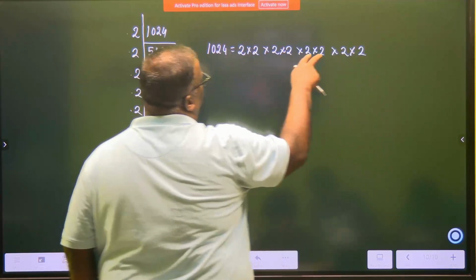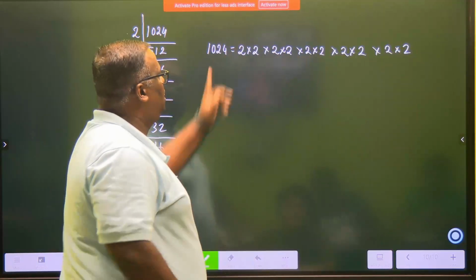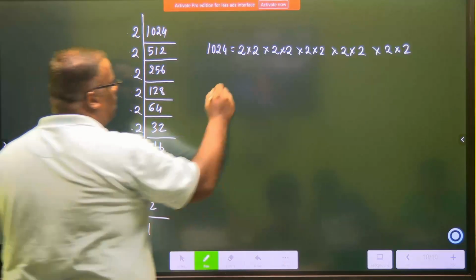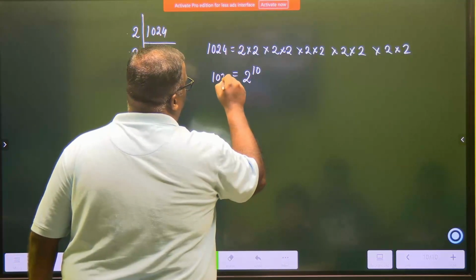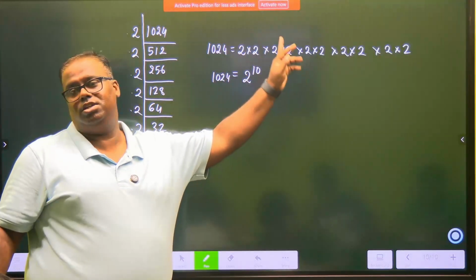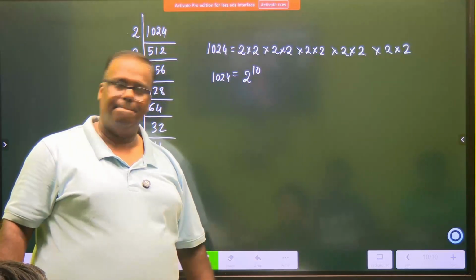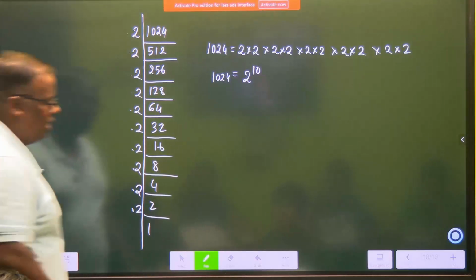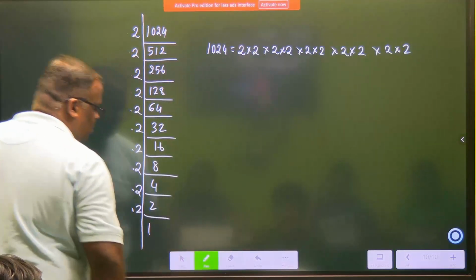1 2 3 4, देखो तो 10 to 2 आ गया, 1 2 3 4 5 6 7 8 9 10, right? Can you not write 1024 also as 2 to the power 10? Is this understood? Because it is 2 to the power 1, 2 to the power 1, 2 to the power 1, add 1 10 times, it is 2 to the power 10. Understood? Right. अब इसकी इतनी जरूरत नहीं है, अब एक टेक्निक सीखते हैं।